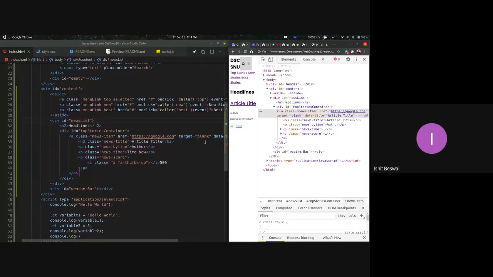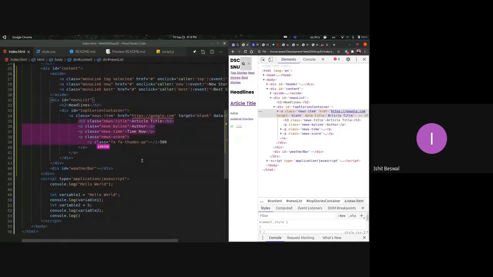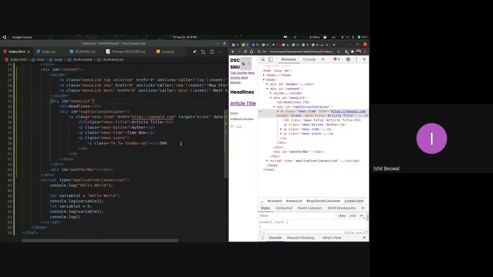Inside the anchor tag, there is basic stuff that you'll obviously know. There is a heading tag for the article title, three paragraph tags for the byline, the time, and the score, and an icon for a thumbs up. That icon is from Font Awesome that you can see over here. So it's been given a green color right now.